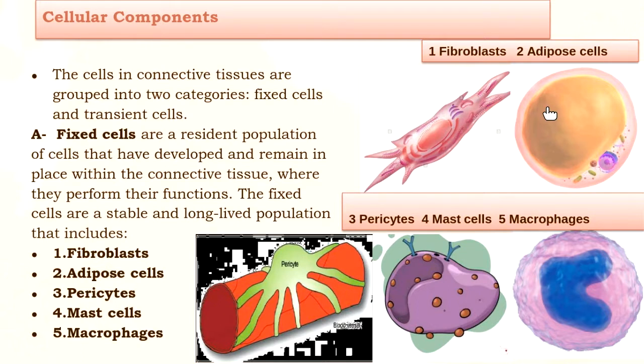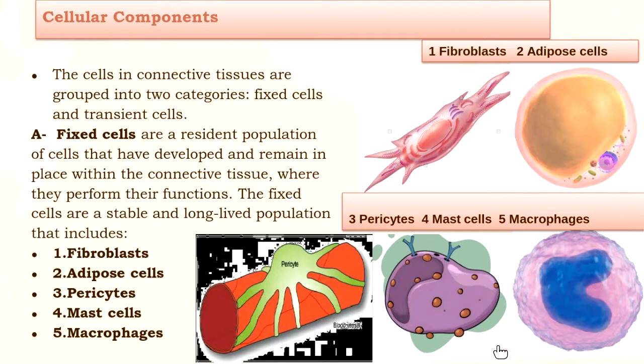It will be dissolved at the time of slide preparation. And when you see the histological slide in hematoxylin and eosin stain, this yellow fat is gone and this area will appear empty. Okay. The next cell is pericyte. Here you can see clearly it is a star-shaped cell having different cytoplasmic processes. Next is the mast cell, and this is the macrophage. You can see clearly the bilobed nucleus.